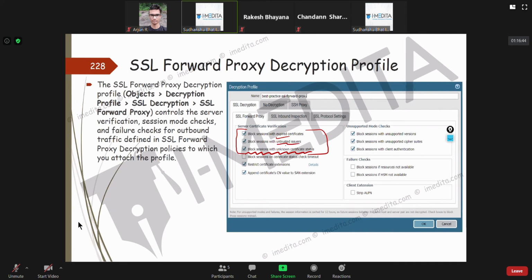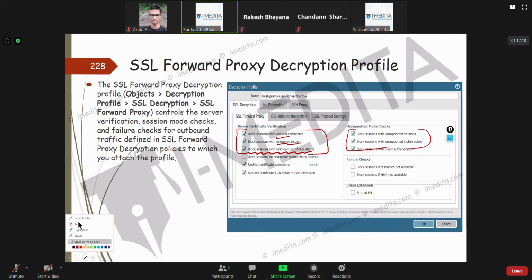If the CA is not trusted for that certificate, then also it is going to block. Also, you can set other restrictions like this. Okay, block sessions with unsupported versions.